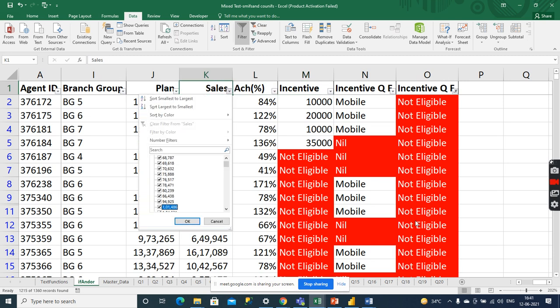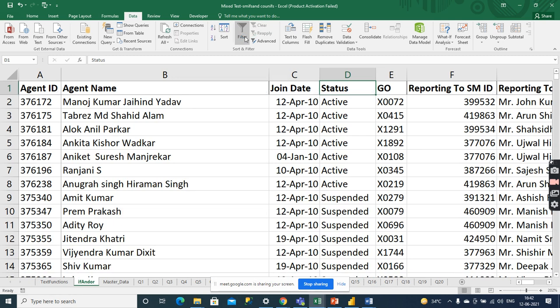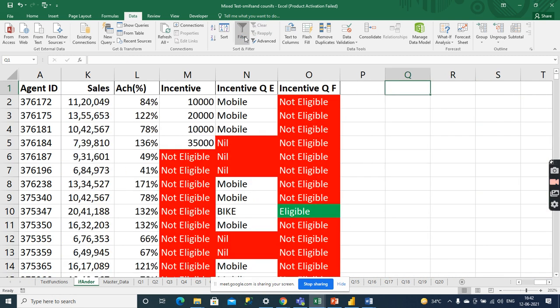So you can see here, but there's one amount which is greater also. Yes, we are checking for that. Why? They would not be in the active or suspended roles, they would be different roles. When I select this, you can see it's deleted. They are not in the active or suspended role, so the company is not going to pay incentive for the deleted status. Same scenario with the filter. We do some validation, and when you do the validation, you can check whether your answer is correct or not.